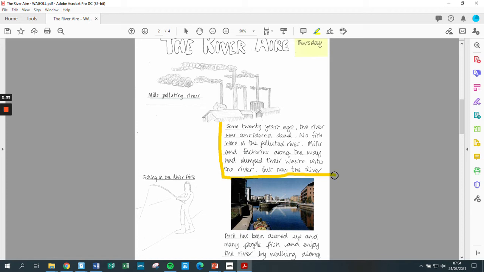This chunk of information comes from the pages that you've got. So I've just copied that paragraph out and put it onto this page. And then again, I've drawn somebody fishing in the River Aire because it's all about being able to use the river now to fish. So that page there is just about one section of the information that I've chosen. So it's about cleaning up the River Aire. If I look at the third page here,